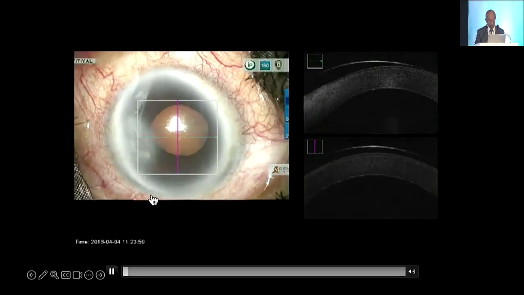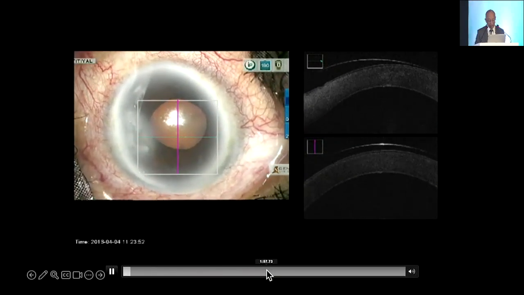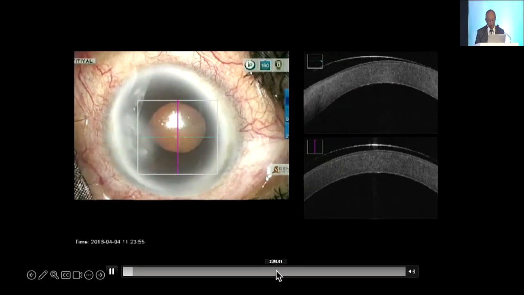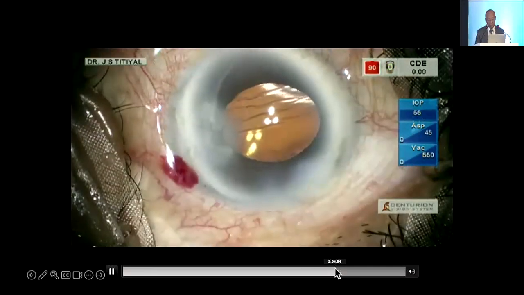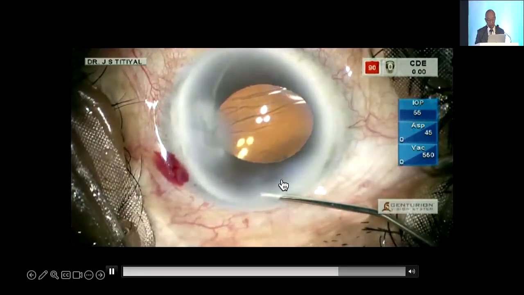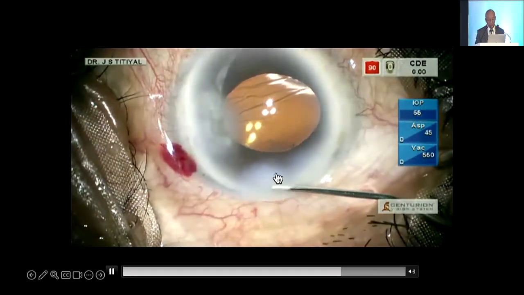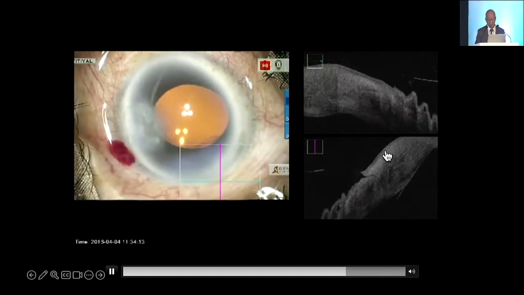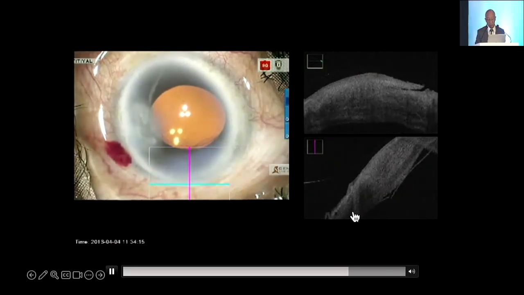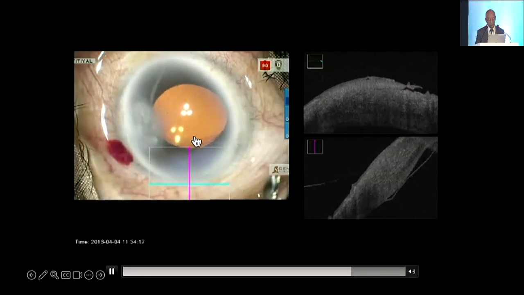This is the final video of mine where you can see what happens in the wound area. This is a Fuchs patient. I'm doing phaco here, the completion of phaco. And towards the end, I was thinking everything is complete now. I'm doing a hydration of the wound area. I could see some flare here and a little anterior haze coming up. I opened the OCT, and I could see in the OCT, the entire Descemet's had detached up to here.